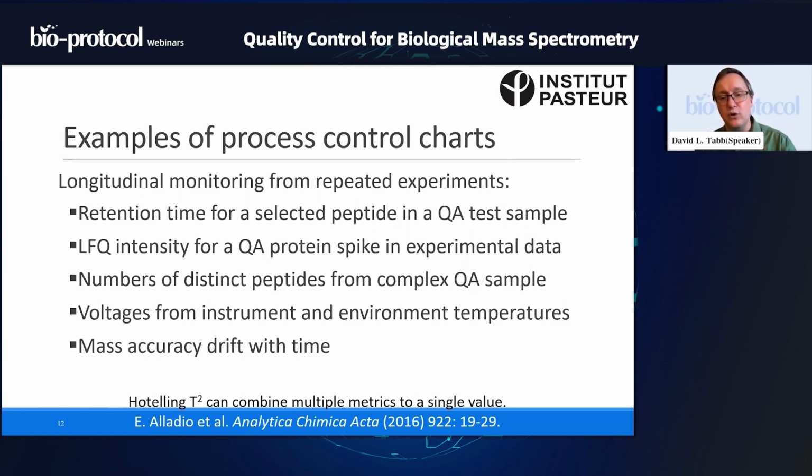So these are things that could give you process control charts that are very valuable to understanding whether the instrument was behaving itself or not. I've mentioned at the bottom, and again, it's hidden by the Zoom bar for me, but Hotelling created a strategy by which you could combine together different kinds of metrics and track those over the course of time. So maybe you have 20 different features that you're measuring for this instrument, and you're able to put them all together, thinking that if something goes wrong in the instrument, multiple measures might together vary to reflect that something has gone wrong.